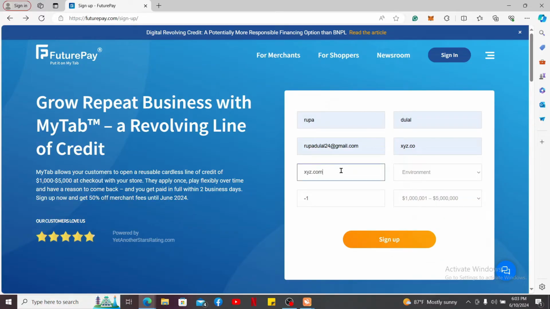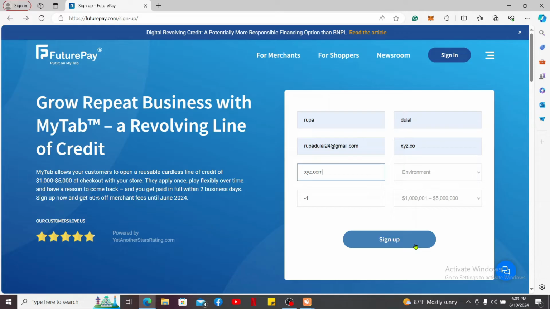Make sure to fill in all of the information, click on the sign up button, and follow through the instructions till the end. If you are a consumer, you'll need to provide your personal email, name, phone number and create a password. For merchants, you'll need to provide business details, including your business name, address, contact information and possibly some financial information